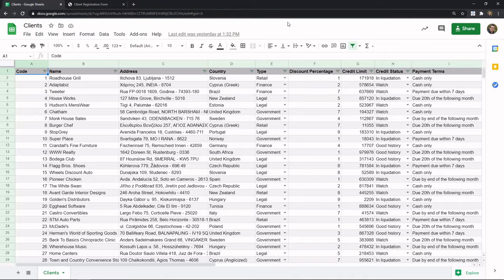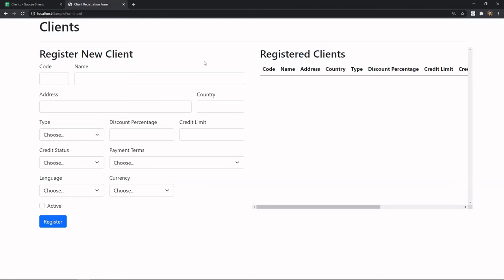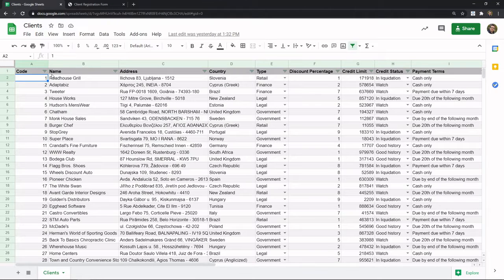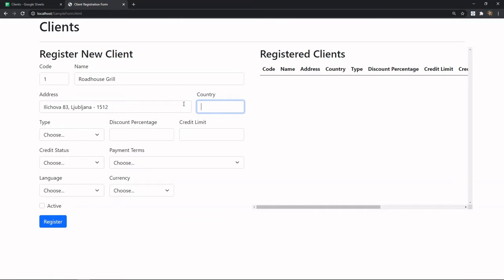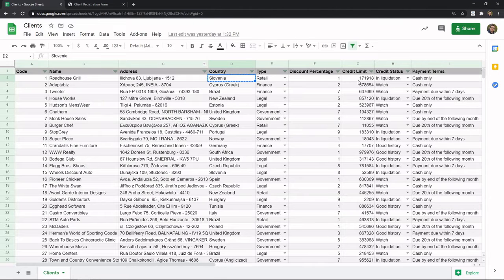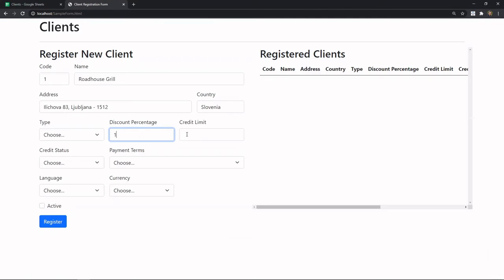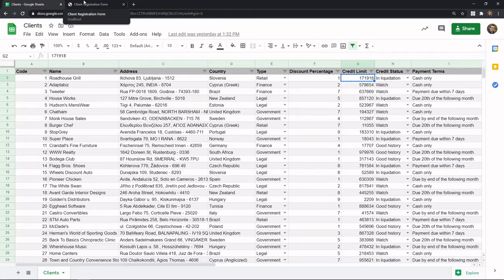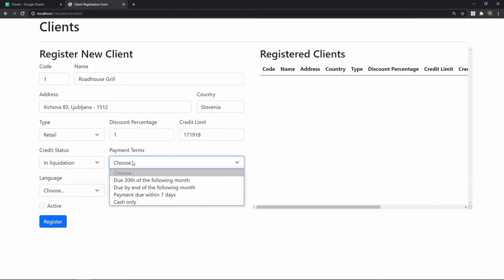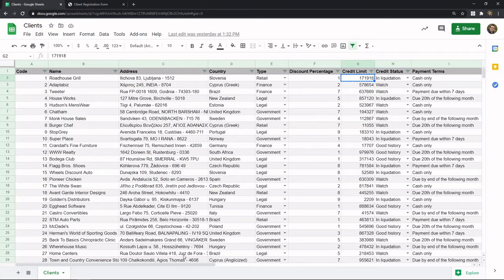For example, let's say you have a list of clients on Google Sheets, and you need to transfer the data to a customer management application. Most people would just start copying field by field from the spreadsheet to the application. It doesn't take a lot of time to do it once, but it can take many hours and even days to repeat the same steps for hundreds of clients. Not to mention that mistaking a single field can create a lot of problems down the line.